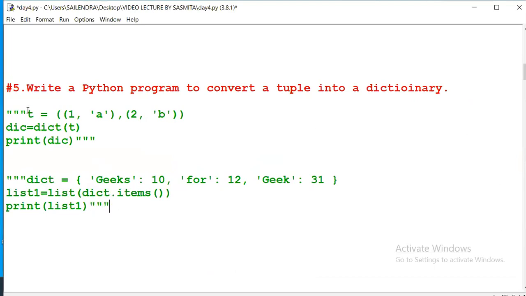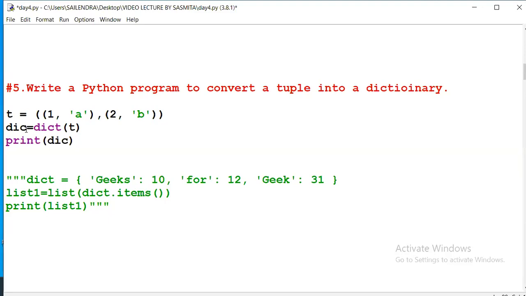Someone asked a question, so again I have to display this one. How to convert a tuple into a dictionary? Tuple means key and value, key and value. As per that, we gave the tuple with key and value, because we need to convert a tuple into a dictionary. So dic is the variable we declared for the dictionary.